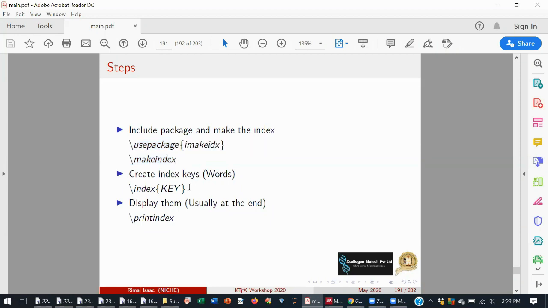Then if you want to make a word index, you use \index{key}, where key means the word. Inside the bracket you can use any word. If you want to display the index, you use the command \printindex. Usually the index is seen at the end of the document, so you can display the index items.